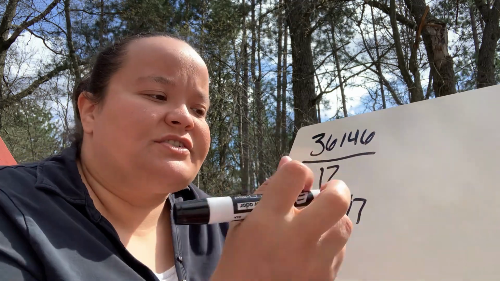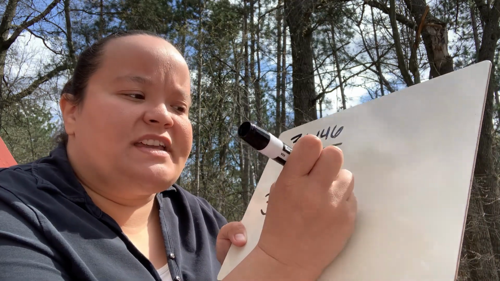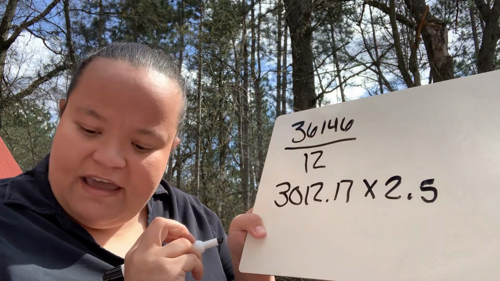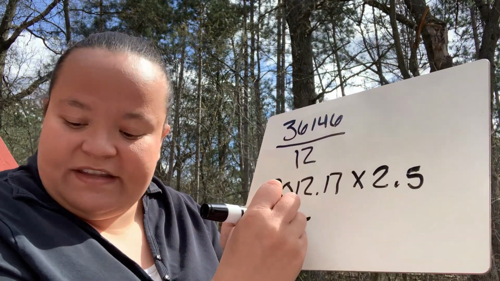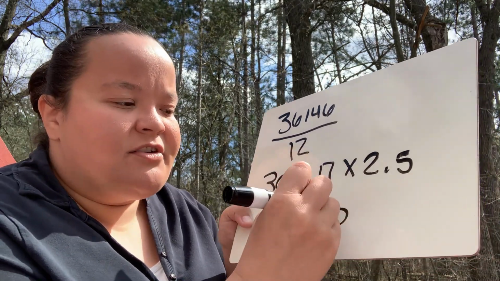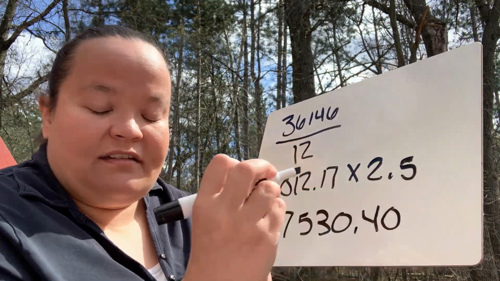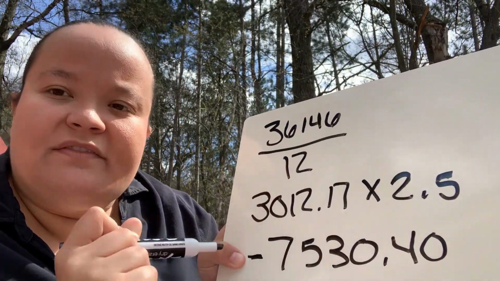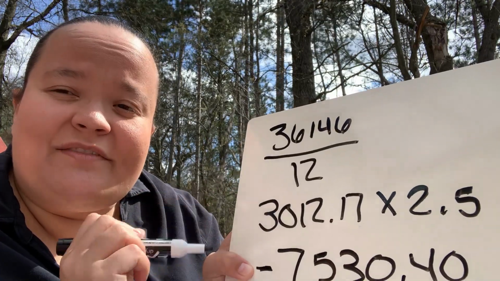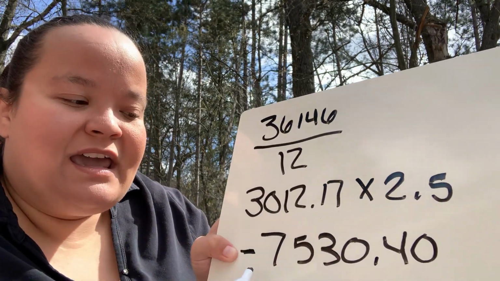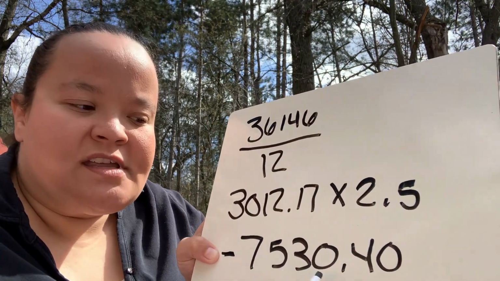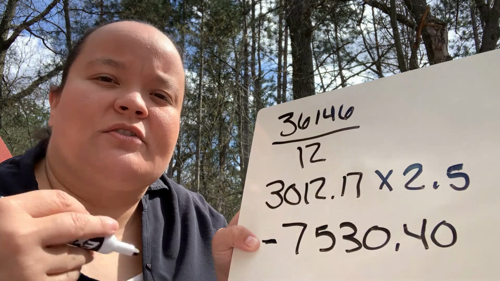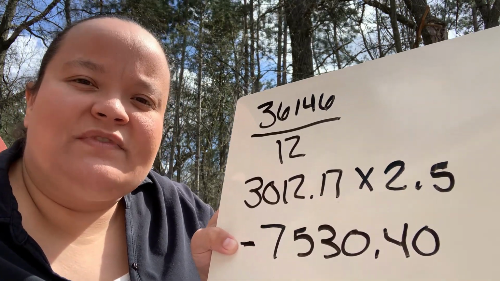Now, going further, we need to calculate how much of this takes up our loan. So how much of our loan is for strictly payroll? We'll take that amount times 2.5, and that gives you an amount of $7,530.40. All right, what does this amount mean? This amount means out of your total $11,000 that you got in your loan, this amount is strictly to pay you. It doesn't need anything more than the things we went over in the net payment method video.